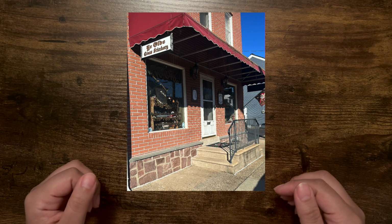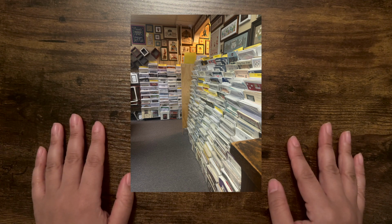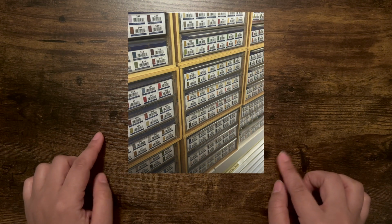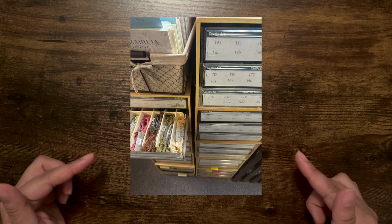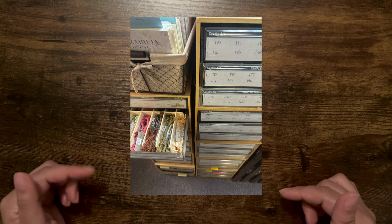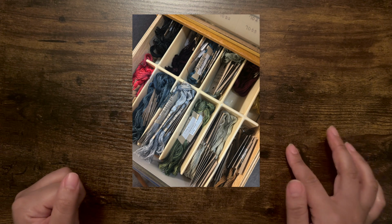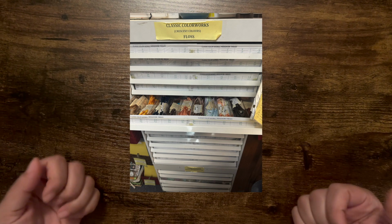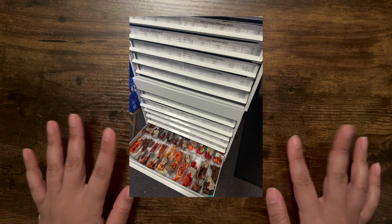It was super fun. It's this teeny little shop, and it is just crammed full of everything that you could possibly need. The main thing on my list was floss of a variety of different types. I'll show you what I ended up picking up in a minute. But you'll see in the pictures that they have these really cool cabinets that are just full of all different types of floss. They have every color of DMC, every color of Classic Color Works, Weeks Dye Works, like anything that you can imagine. It was super fun digging through those and pulling the colors that I needed for